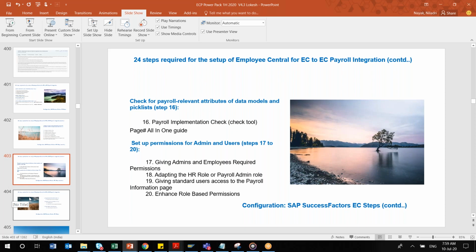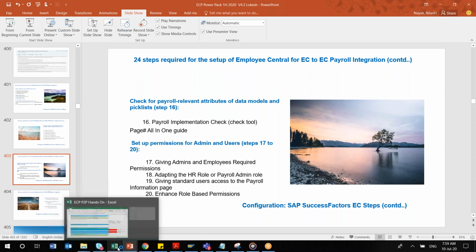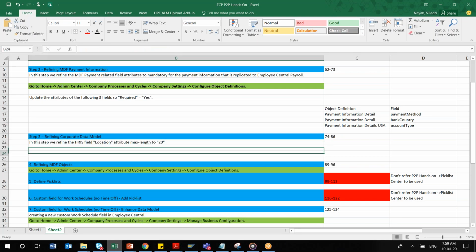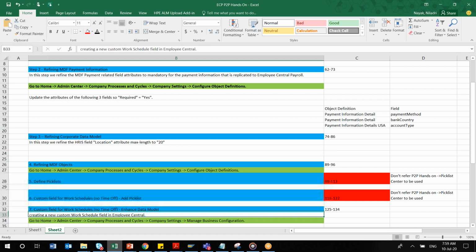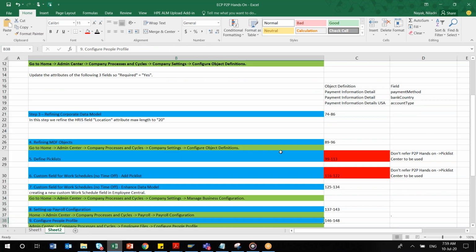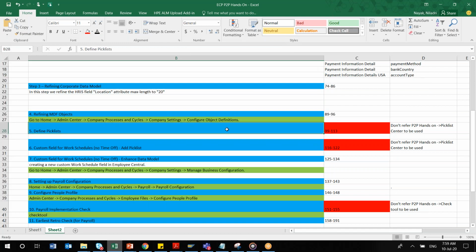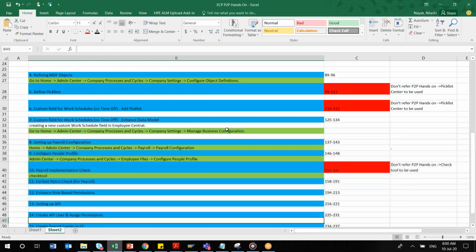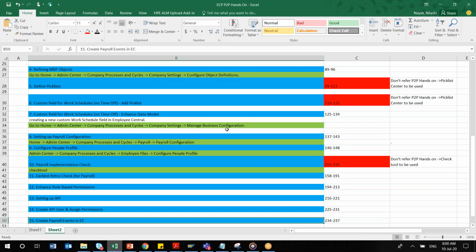Yes, the simulation. That is what I was telling, it is the old one. I have prepared an Excel for that, showing which is the old and outdated one. Just today I was preparing which one you have to refer to and which you do not. Whatever I have flagged with a red mark, you do not have to refer to in the P2P guide. I remember some of the items were XML based, not MDF based. Yes, those you still have to use in XML. You still have to change and update those.